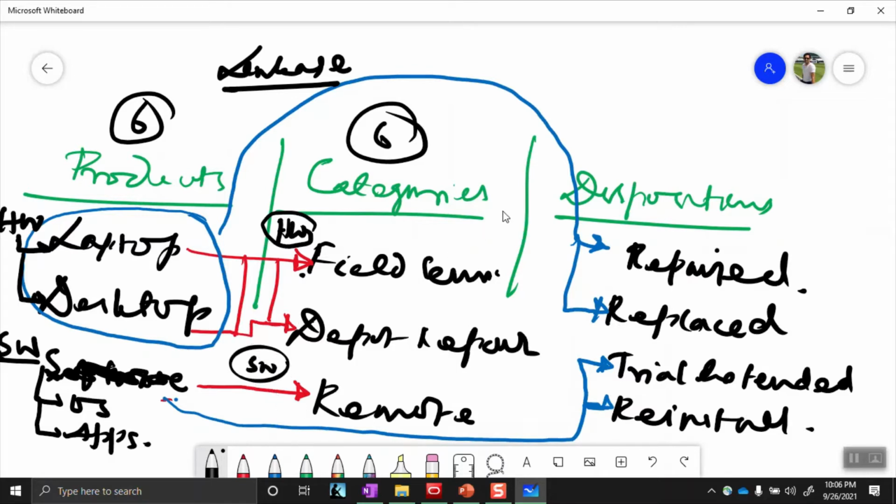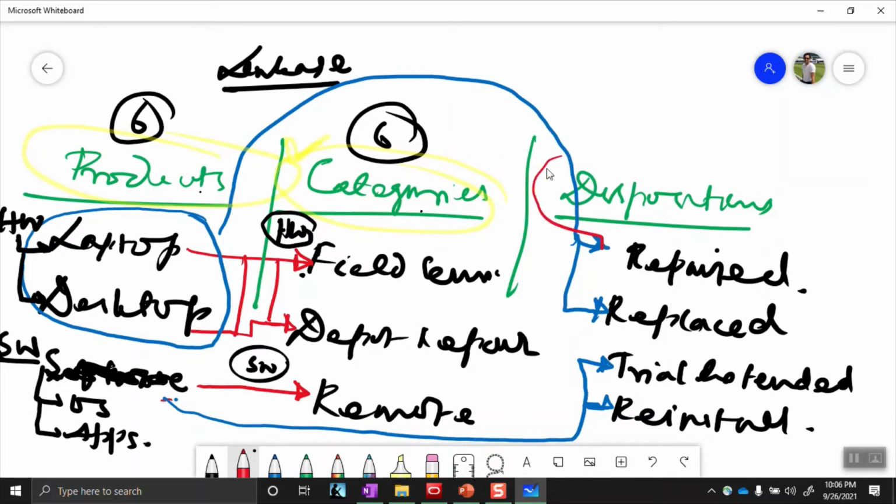The dispositions also can go to various levels. But remember one thing: the products and categories are available to the external users also. But the disposition is not available to our external users.